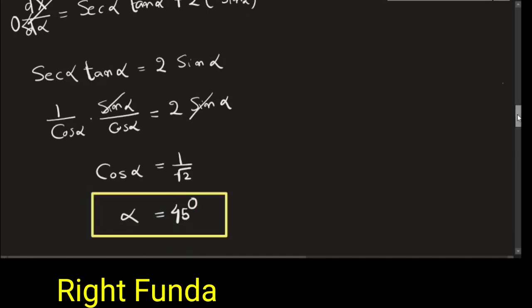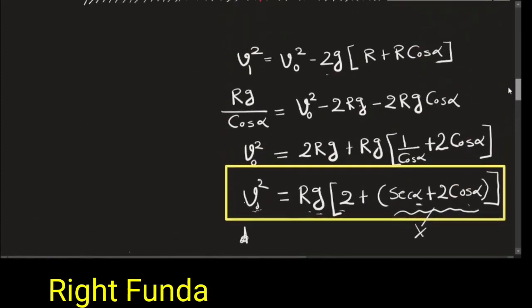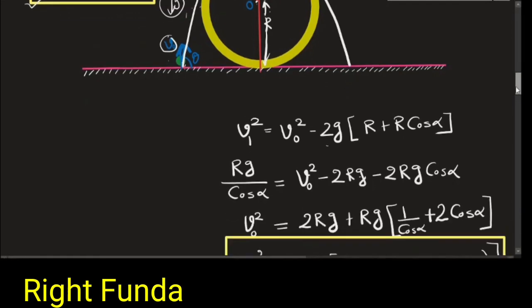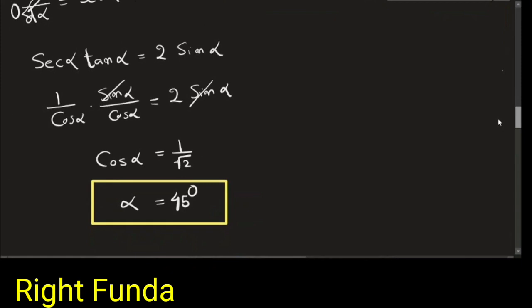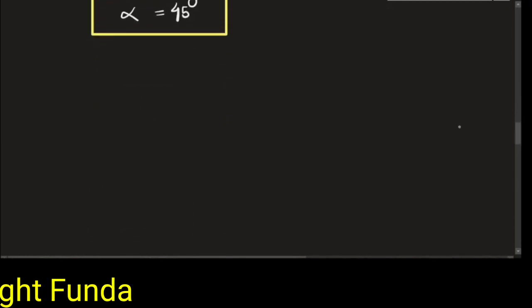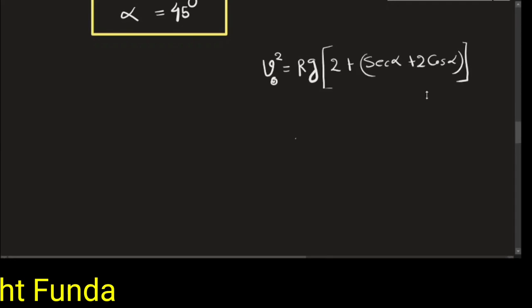Okay. So what is alpha? Alpha is not the angle of projection. Alpha is the angle where it will be just grazing. But this angle will depend upon the angle of projection anyhow. So we got another equation: alpha has to be equal to 45 degrees. And we know the speed as a function of alpha. If I take this and substitute here, then we'll get the minimum value of the speed. So let's substitute this one. What relation is there? The V naught square value. The initial speed of projection is Rg into 2 plus 1 by cos alpha plus 2 cos alpha. So in case of alpha, let's put the 45 degree angle.